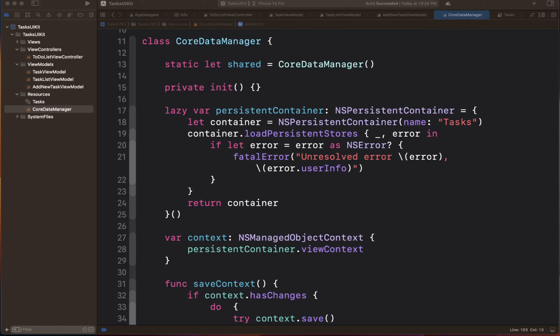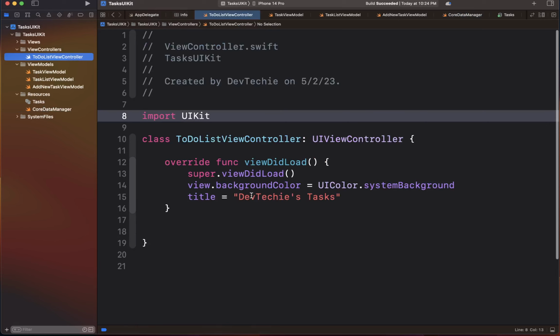Hello and welcome back. In this video, we're going to test out our core data manager to see if all the functionalities are working or not. We have put together the whole core data manager. Now let's quickly use it in a sample code where we can try to use all